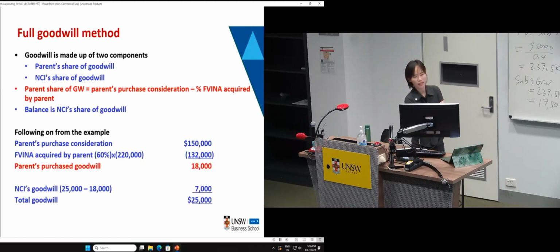You pay 150,000 to buy 60% of the subsidiary's shares, right? Now we know the subsidiary share value for 100% is this amount. Now we multiply by 60%, right? That's represented by its market value. And you pay more than the market value. That is what we call the control premium, okay? So when you pay more than the market value of the shares, the premium you paid is known as a control premium. And the control premium all belongs to the parent, okay?